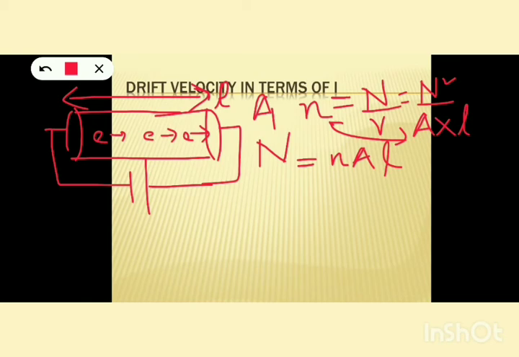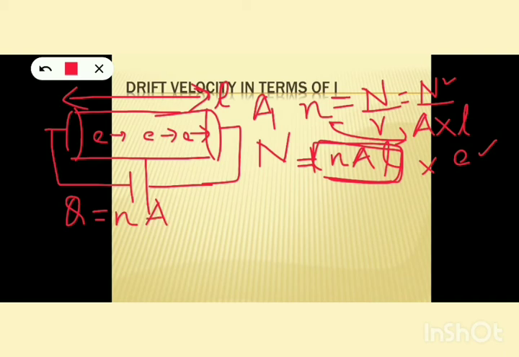You know, the charge of one electron is e. Then what will be the charge of this many electrons? The charge of one electron is e, so the charge of 5 electrons is 5e, of 6 electrons is 6e, and of 100 electrons is 100e. So the charge of nAL number of electrons will be nAL into e. The total charge on all the electrons is Q = nALe. So we got the total charge of all the electrons present in this conductor.